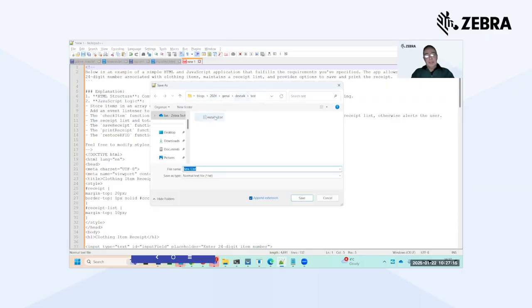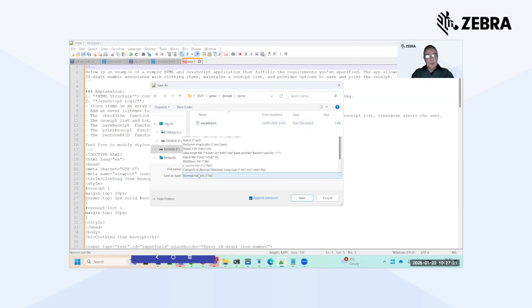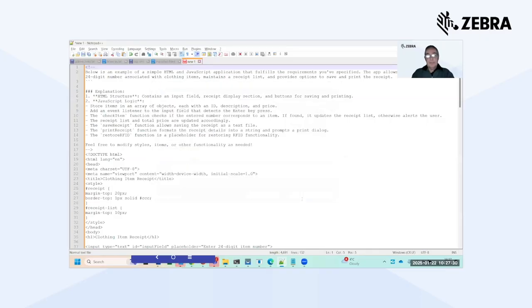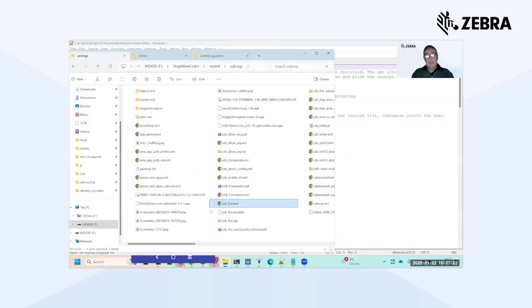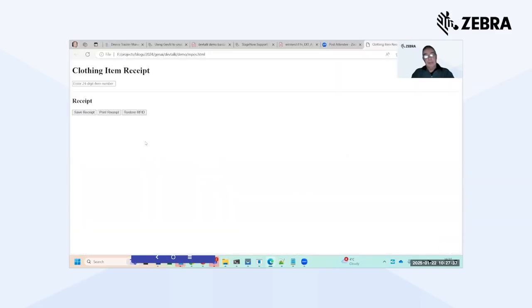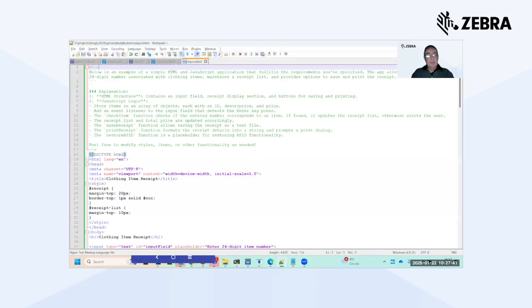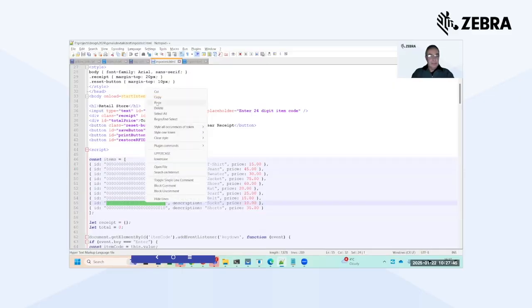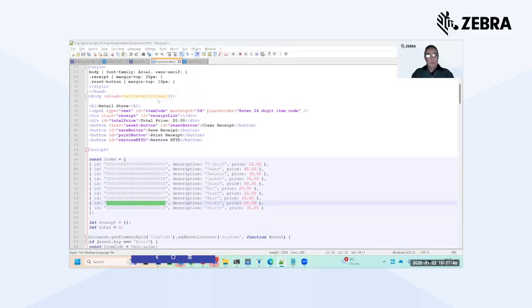So in here, I go to demo and change that to an HTML file type. I'm going to call this MPOS for mobile point of sale. And at that point, if I go to that folder and click on MPOS, then you can see this is the application that's been generated. And if I now take a test code, a valid test code, so this is a 24-character